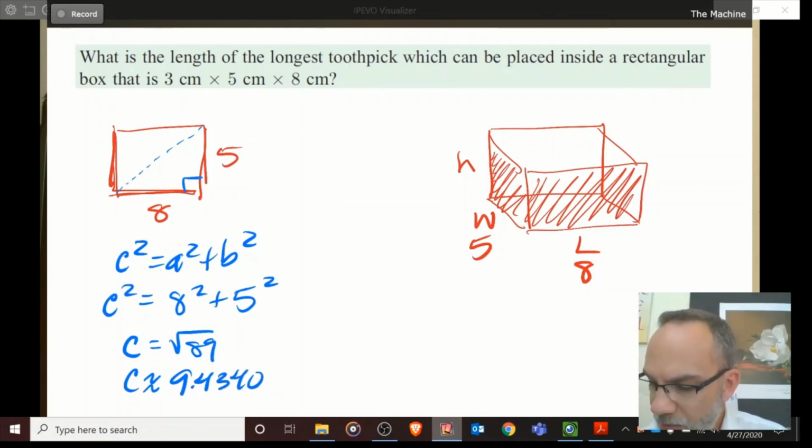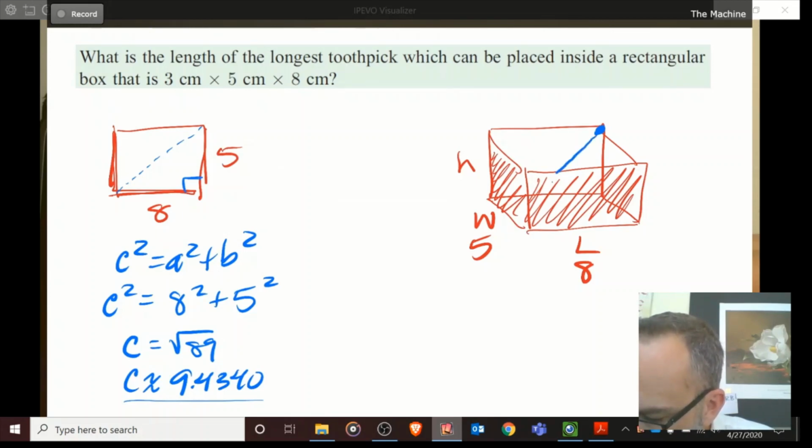Okay, but now it's not asking about that. It's actually asking about a box, not just a table, like what's the longest stick you can put on an 8 by 5 table. Well, the longest stick you can fit on there without overhang is 9.4340. But this is now inside a rectangular box, so it's now 3 dimensions. So what we have going on is we're looking for this dimension right here up in that corner, all the way down. Oops, I didn't draw it quite right. Let me erase that. This one all the way down inside the box to that corner right there, corner to